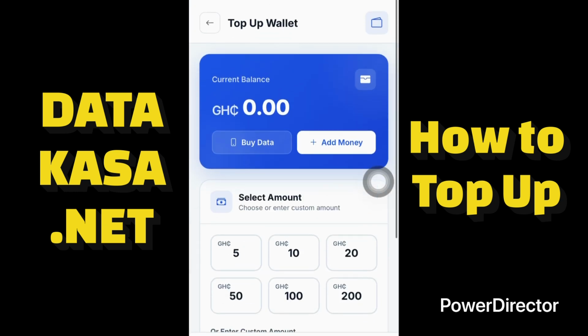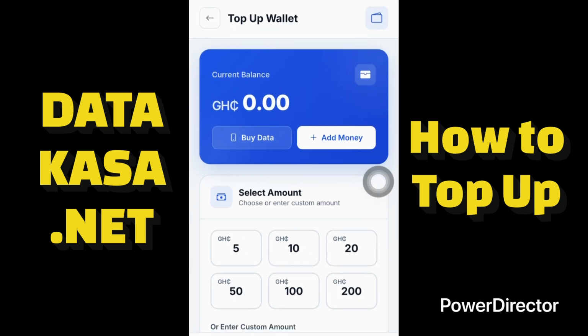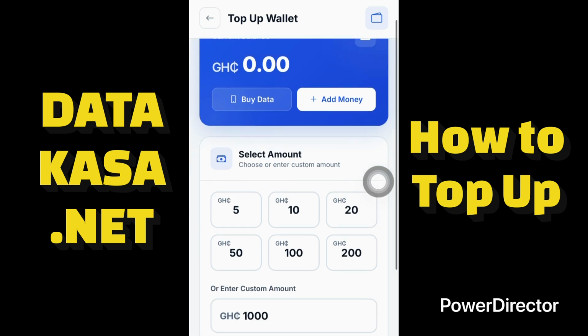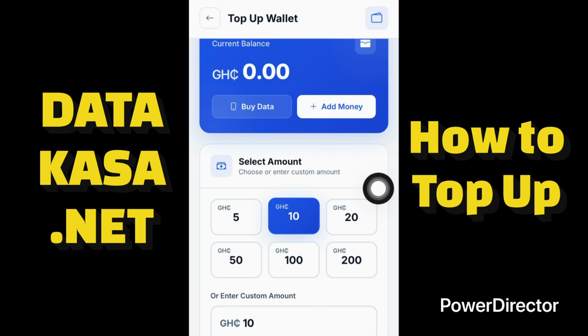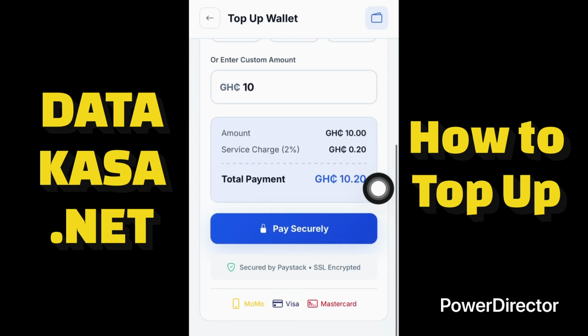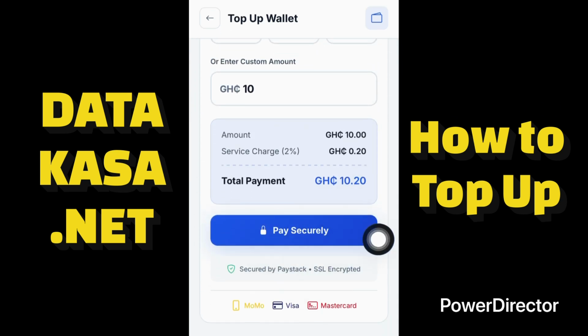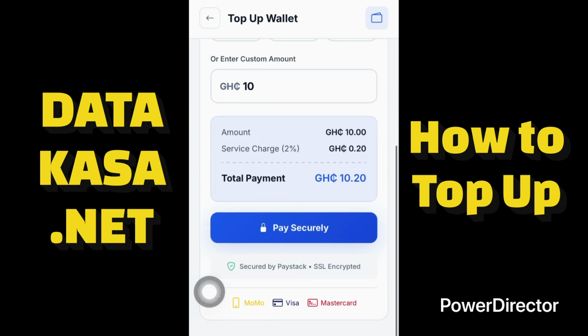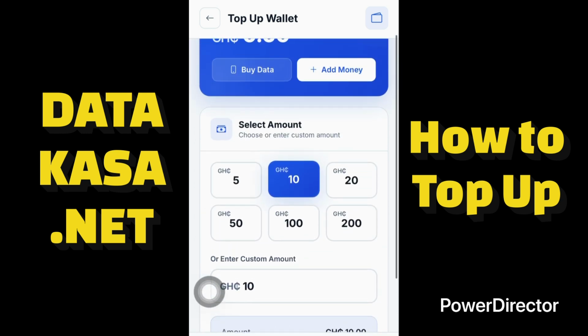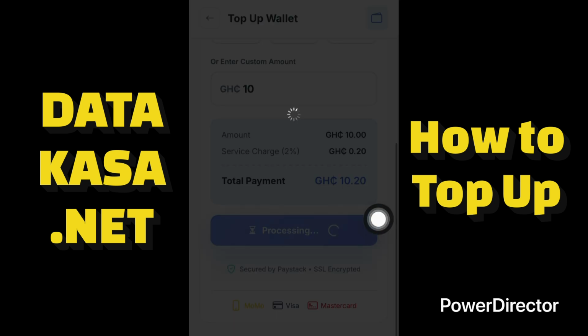But in this video I'm using just 10 CDs to do this tutorial for you on how to top up the money. So I'll choose this 10 CDs, and I will click on pay securely. They have a very secure payment system, and it's the best payment system they are using. So I'll just click on this pay securely,